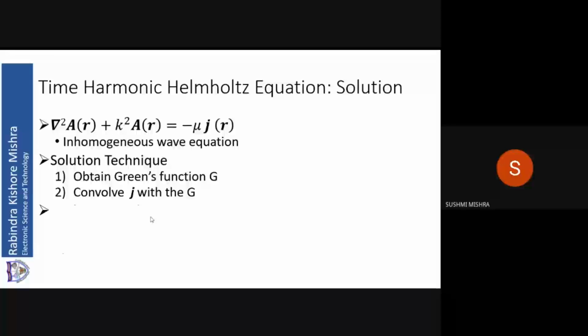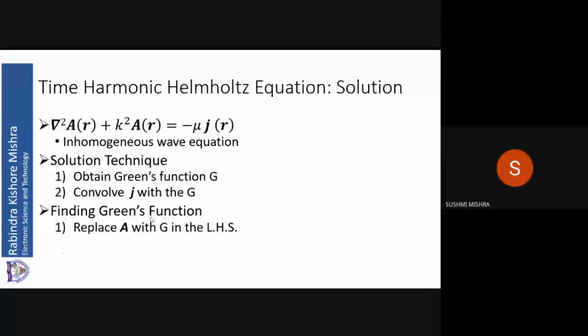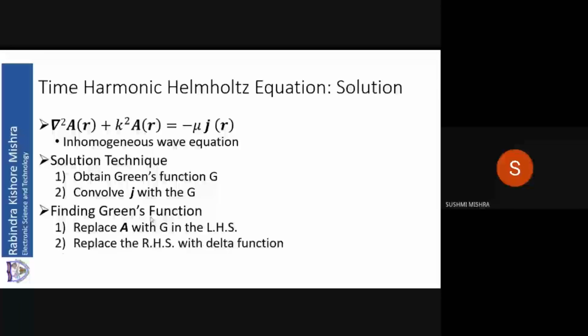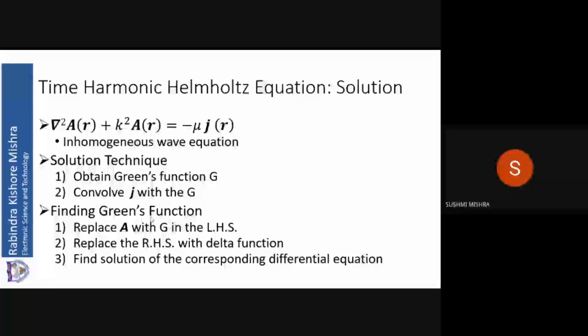Now the question is how I am going to find the Green function. Finding the Green function is replacing A with G on the left hand side. On the right hand side, I will replace that with a delta function. Then I will find the solution of the corresponding differential equation, which is